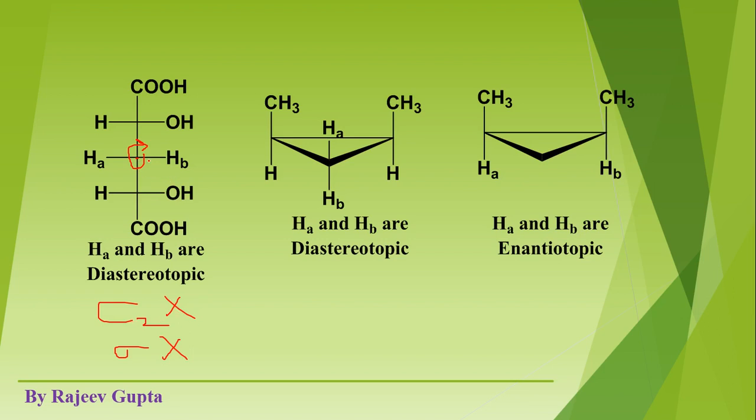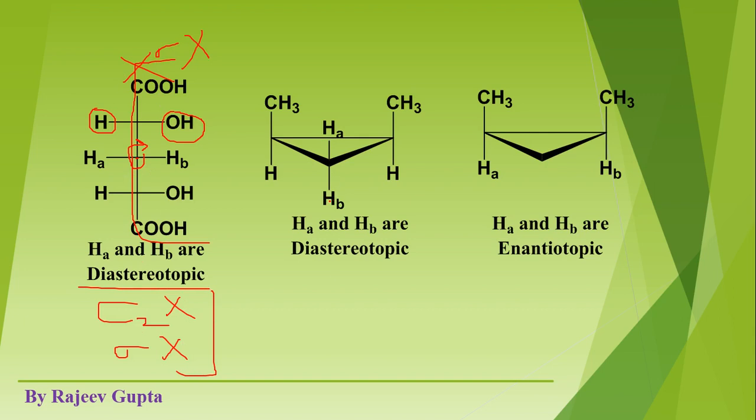Now check plane of symmetry. Which plane? Where these both homotopic ligands should form mirror images of each other. So this plane of symmetry we have to apply, but here hydroxyl groups are present and here hydrogen atoms are present. Because what is a plane of symmetry? The entire molecule should divide into two parts, where these two parts should be mirror images of each other. Okay, so here these are not mirror images, so actually this plane is not present. So both are not present, so Ha and Hb are diastereotopic.